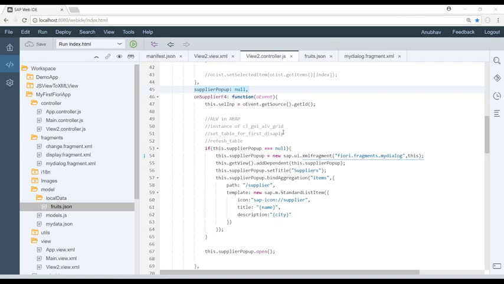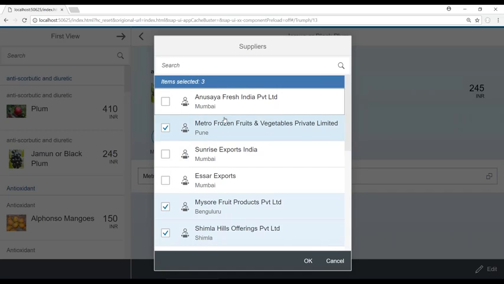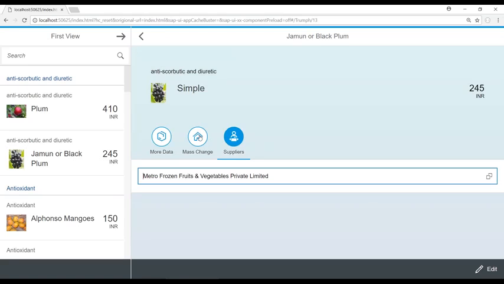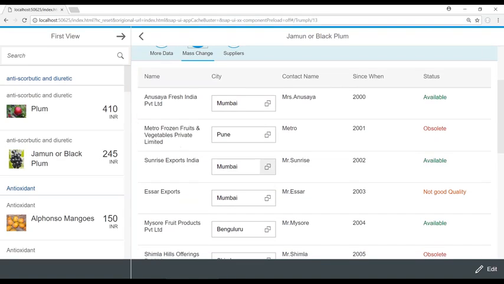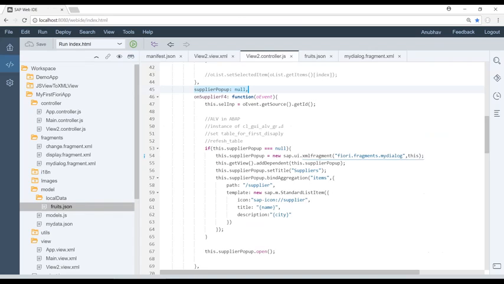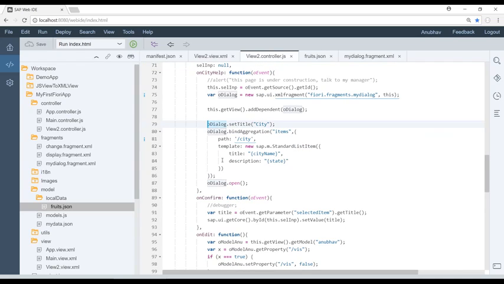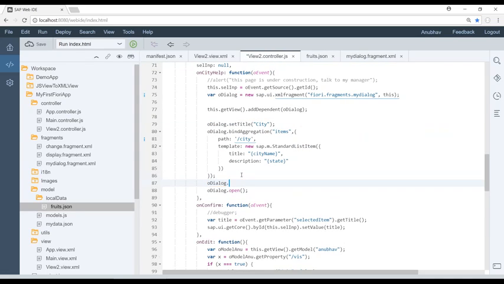Yes, it's completely possible. Suppose you have two F4 pop-ups at the moment. You want this one to be multi-select, but you don't want the city one to be multi-select. It's very easy. Go to the object where you have the city object. This is the one which is used for the city object. Make this set